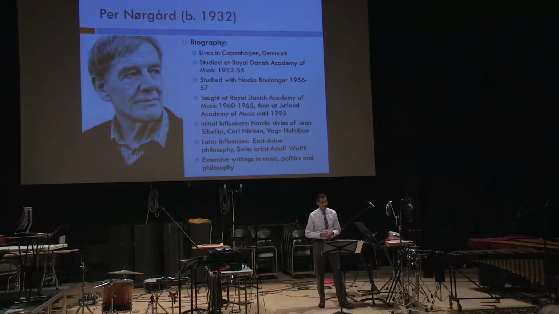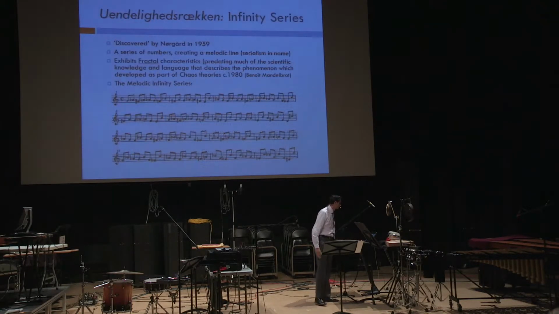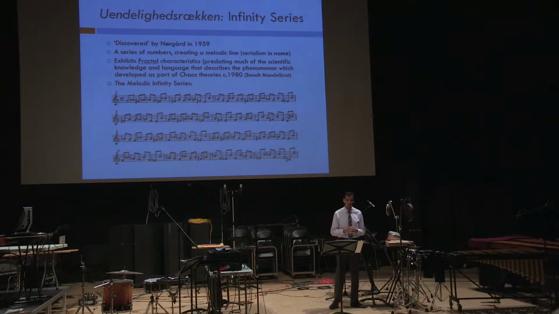His compositional evolution included his development of the Infinity series in 1959, and later use of polar juxtapositions and moments of angularity and absurdity, inspired by the Swiss schizophrenic artist Adolf Wölfli. So from his early experiments in minimalism to his Wölfli-inspired music, one compositional technique that has had the most influence on Neeraj's work is his Unendlighetsskala, or Infinity series, a mathematical sequence with fractal properties that he developed as a way to create pitch material for his compositions.